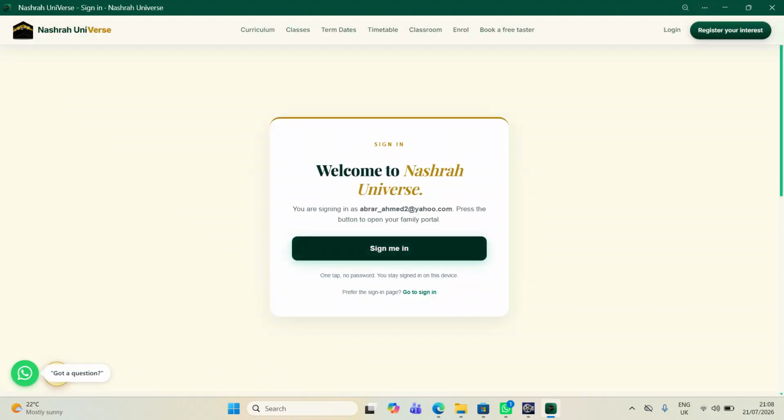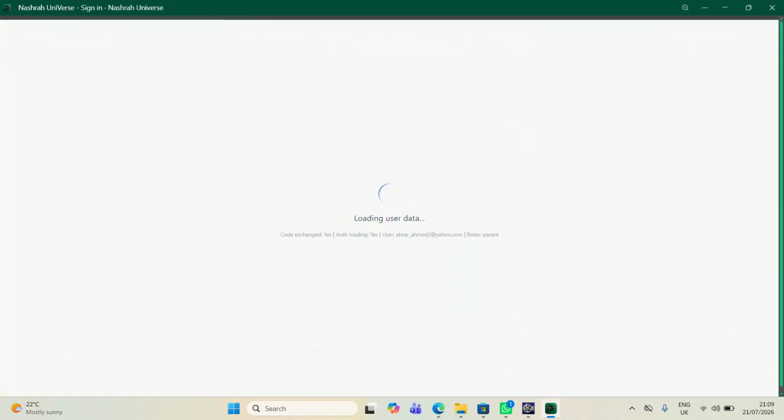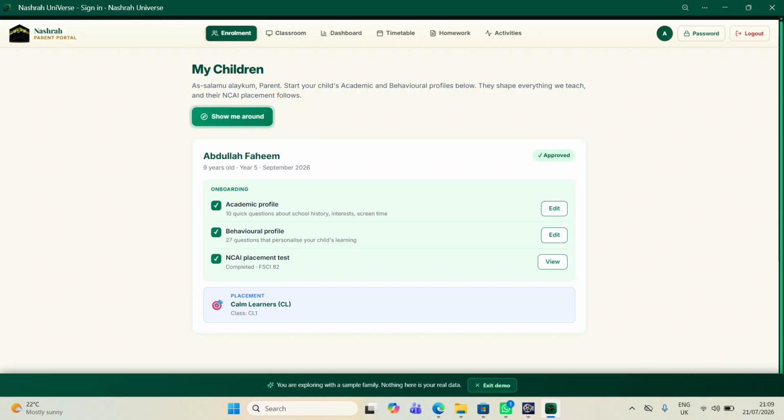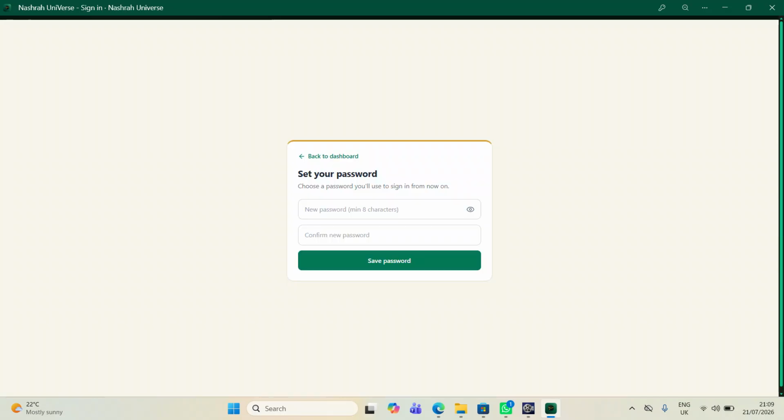Now, once you go into your family portal, you will get this link. This link works only once, but don't worry, I'll show you how you can come back and log in, log out again and again. So you click here, sign me in. The first thing you're going to do is go to the password, and you are going to set up a new password for yourself. So for example, I'm setting up an 8-digit password with one capital and one,